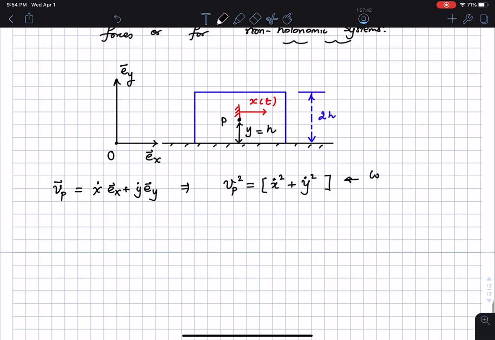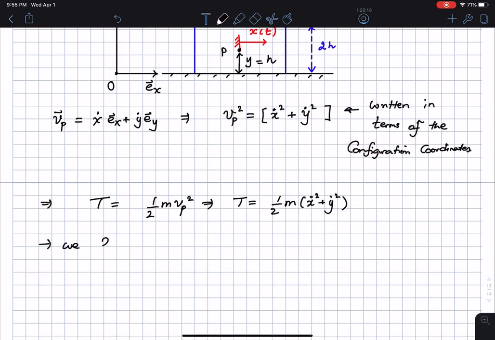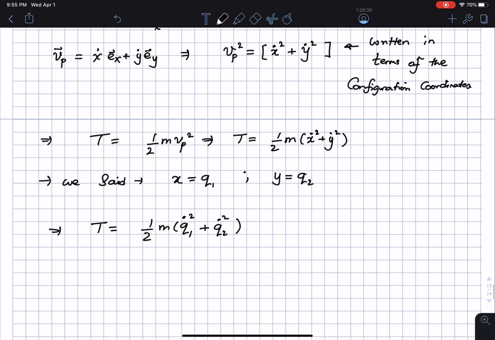Excuse me. Okay, this is written in terms of the configuration coordinates, which means that if I write the kinetic energy, T is equal to half m Vp square, so T is half m times x dot square plus y dot square, and we said x is q1, y is q2, right, which means that the kinetic energy is half m times q1 dot square plus q2 dot square. Now potential energy